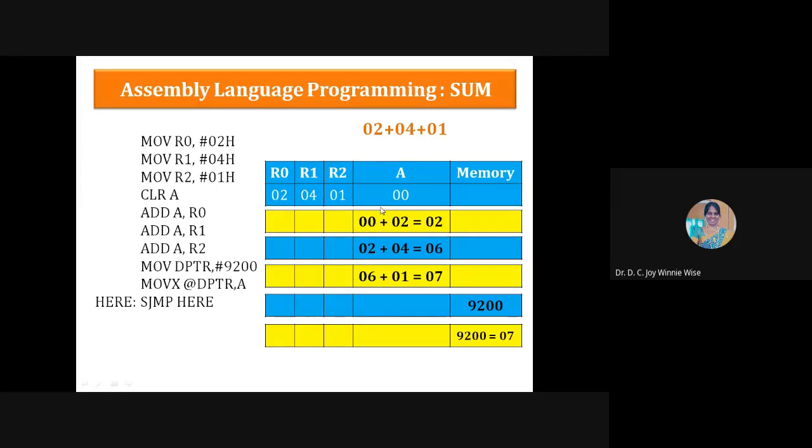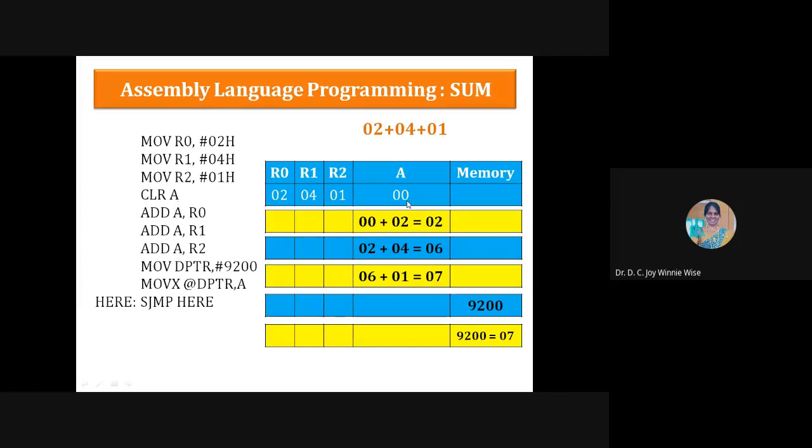So next one is we have to think whether you have to use this instruction or not. If it is needed, you can go for it. Otherwise, we don't want to use this clear A. But according to this program, I have written here add A comma R0. So in order to add this R0 to the accumulator, previously the accumulator content must be 0. So I have used this instruction clear A. Okay, I hope you got it.